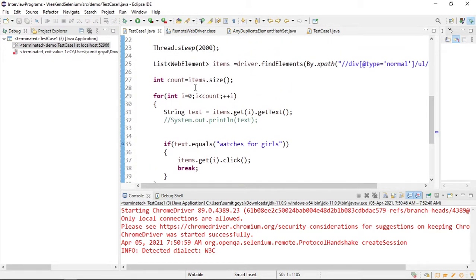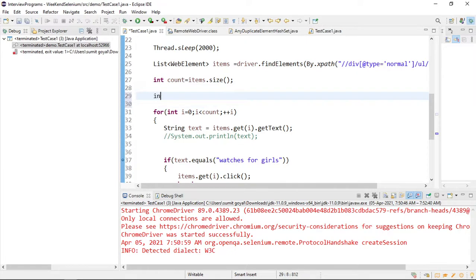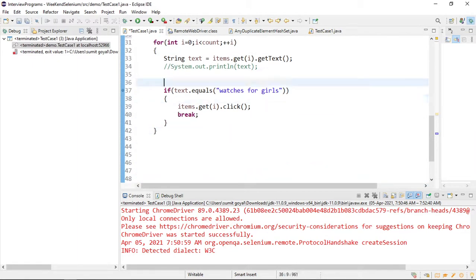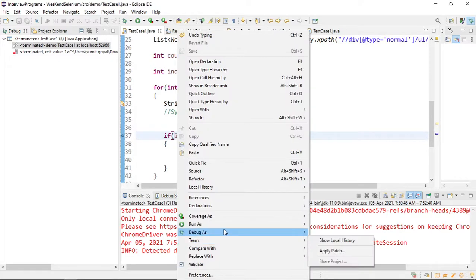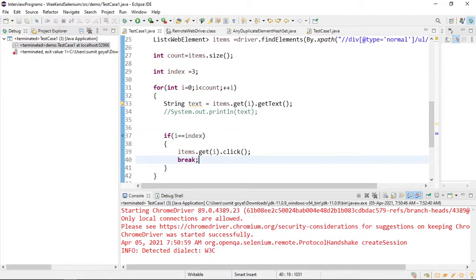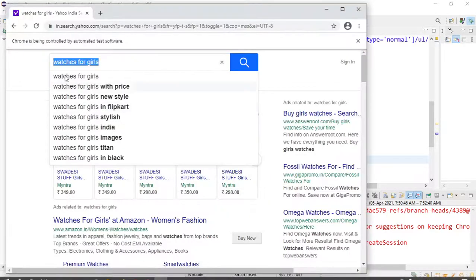Suppose I want to click on that item by index. So you can put a check like if i equals index, then click on it.